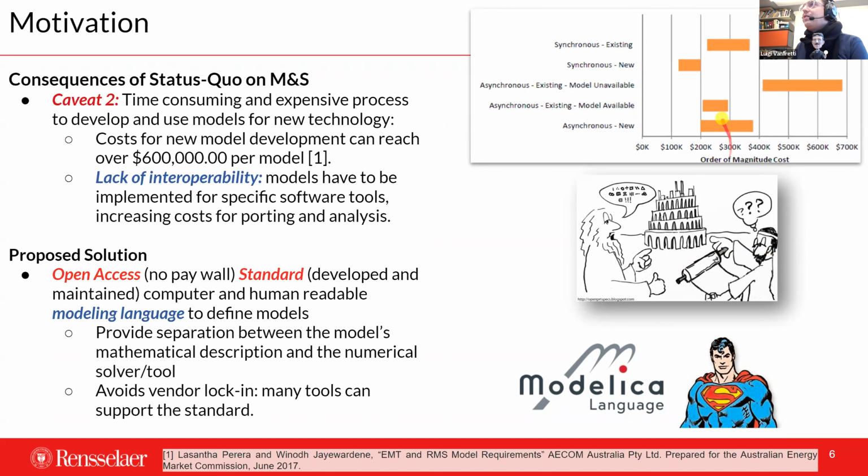Is it in the graph here? Sorry, for the graph here, new synchronous, asynchronous models unavailable. It can go around $600,000 for one model in one tool. This is a tremendous cost and is time consuming. So the lack of interoperability will only increase the cost for porting and analysis and verification. It's a terribly slow process. So